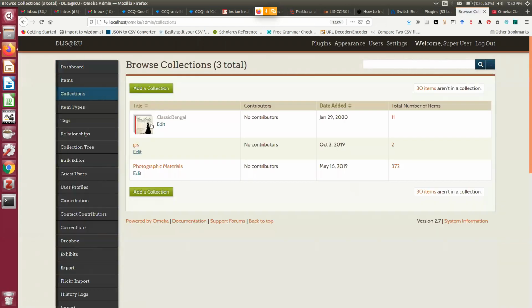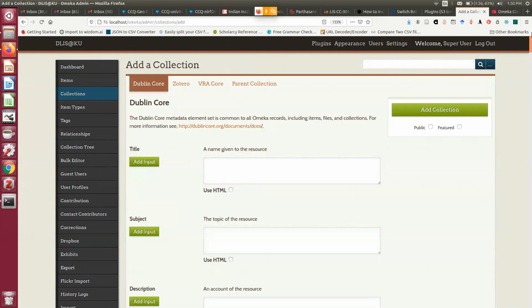So these are the 3 collections I am having: classic Bengali, photographic material, and GIS. You can add a collection at any point of time. So for example, I am adding a fourth collection, and here the beauty is that collection level metadata is also supported.